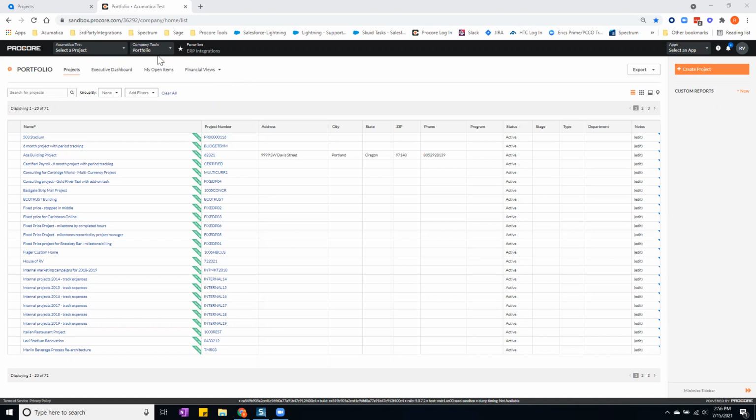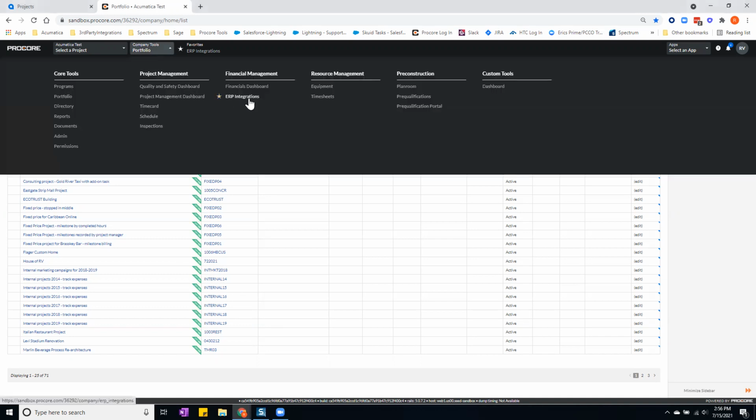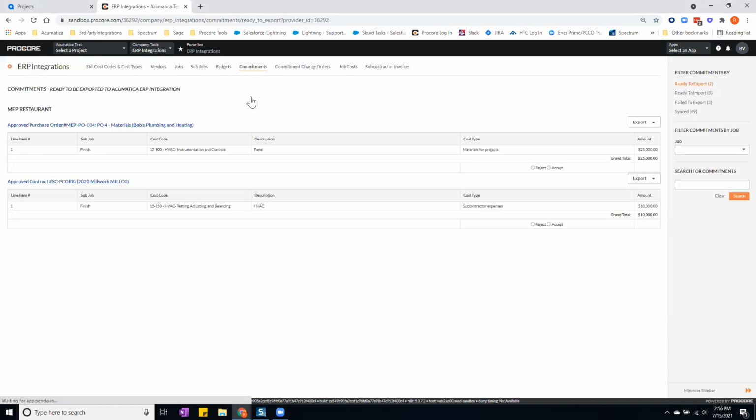When you first land into Procore, you'll land at the Company Tools portfolio screen. From here, you'll navigate to the ERP Integrations tab underneath Financial Management. In this demonstration, we'll go over the different entities that synchronize between Procore and Acumatica, starting with standard cost codes